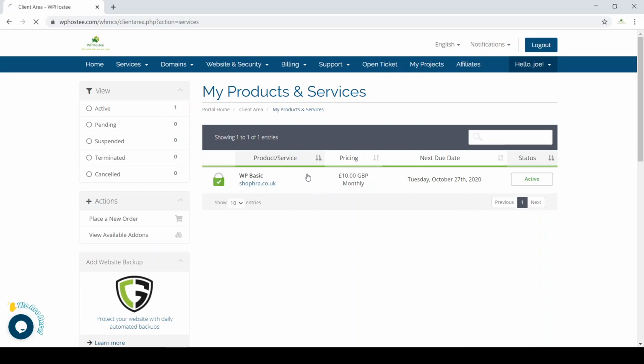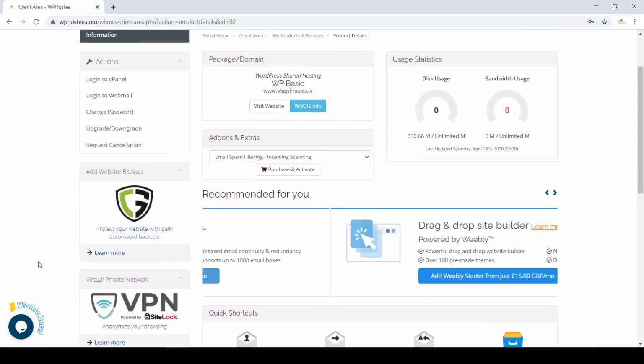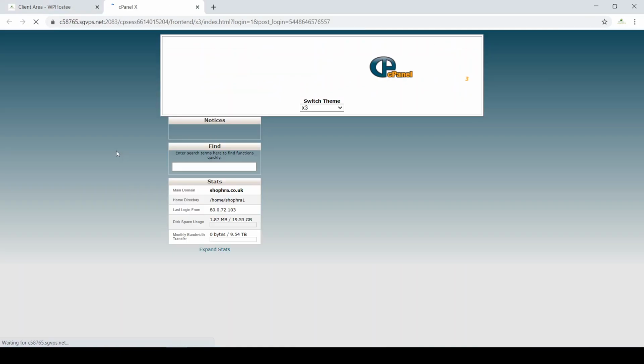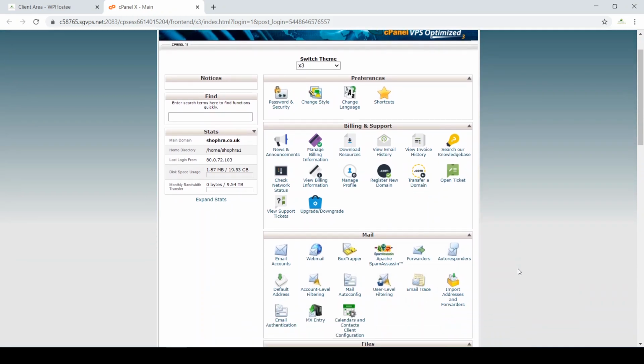Once it's active, you click on it, then you will see login to cPanel. So once you click here, you're going to be able to log into your cPanel. Once you've done that,